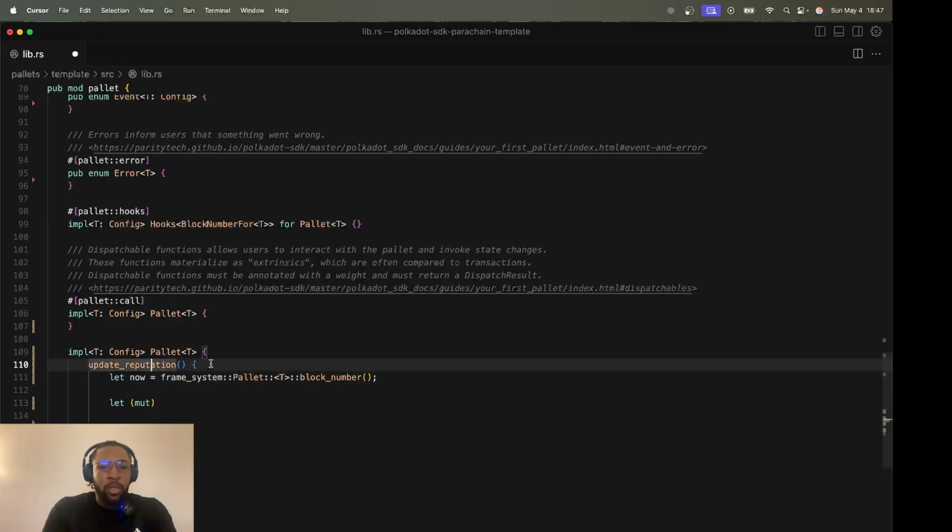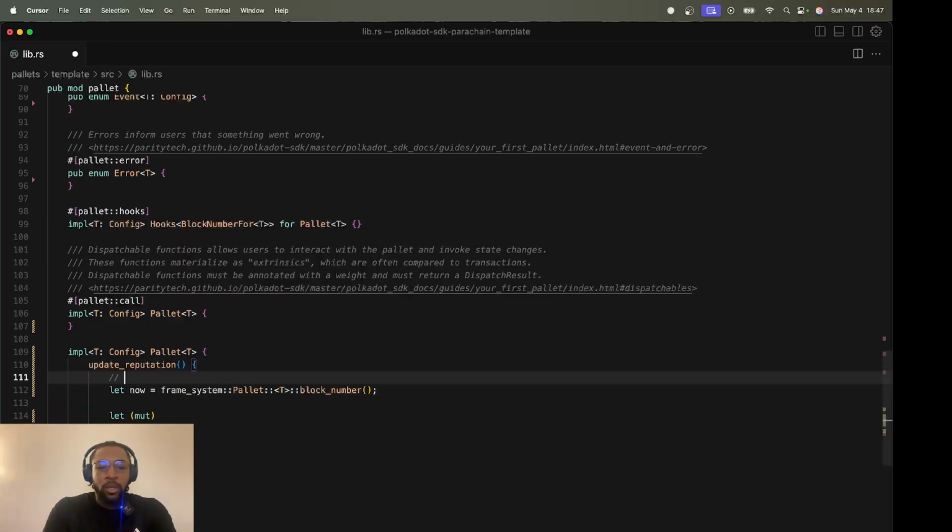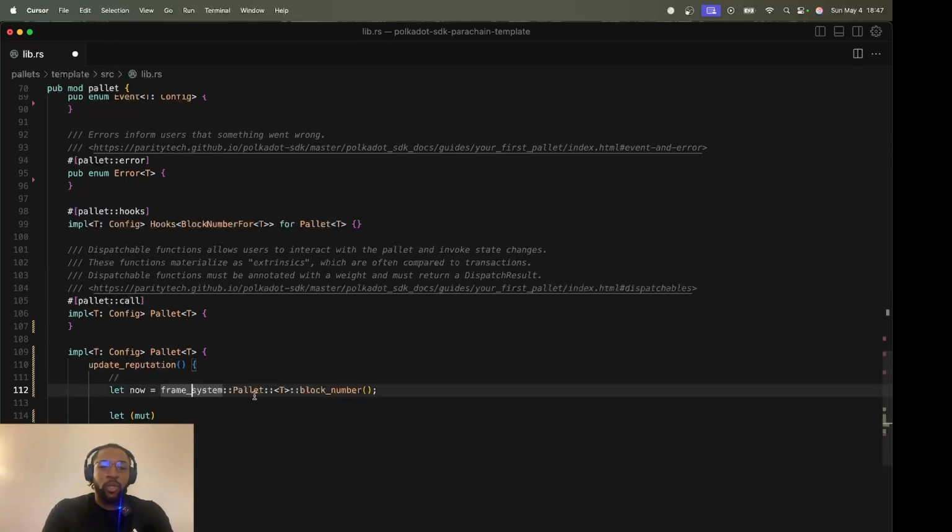So the first line, we want to know where our chain is at, which block number we are at. So we retrieve that with this.